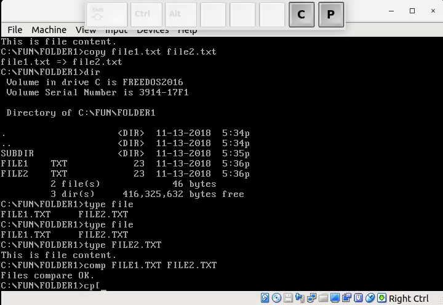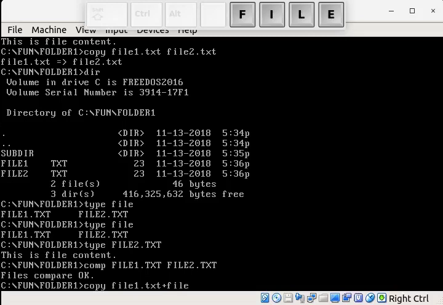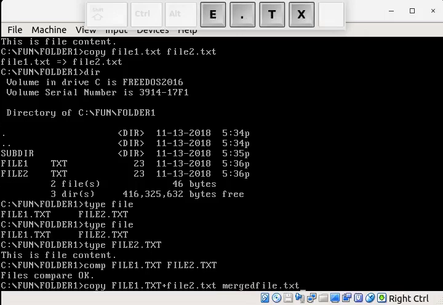So let's do something different and say we want to merge file 1.txt and file 2.txt together to a new file, and we're gonna call that new file merged file.txt. Sorry for my messed up typing right here, but now you can see the result and what I wanted to show you. We are gonna tell copy that we want to add file 1 and file 2.txt